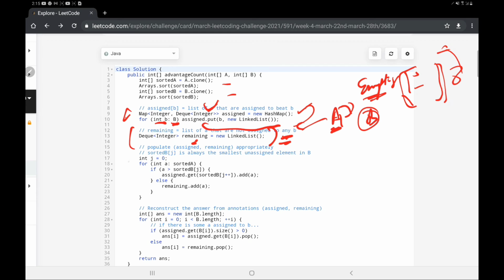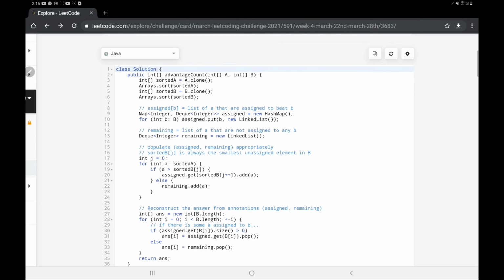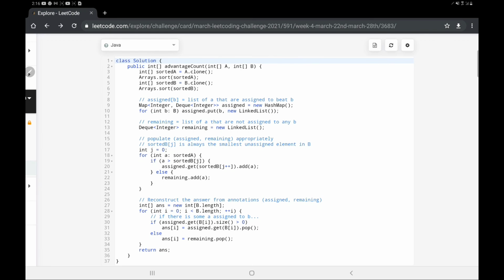Now let's fill our values for B. For every value in A, we will see if A is greater than sorted array B at index J. If yes, we will just add it into the corresponding linked list in our map, and if it's not, then we will add it to our remaining. You can see that from array A we are adding into the remaining DQ which we have taken. After this step, we are going to have our answer, and that would be just traversing the array